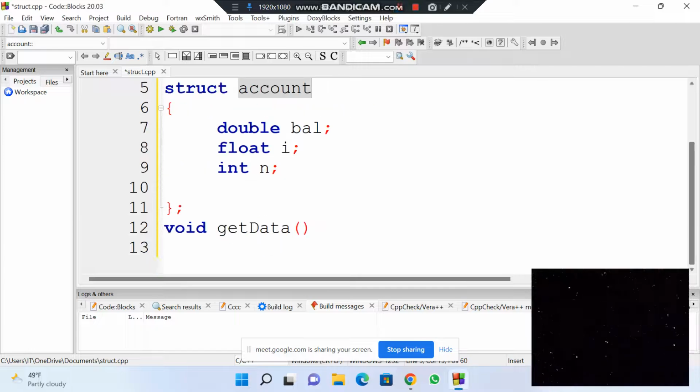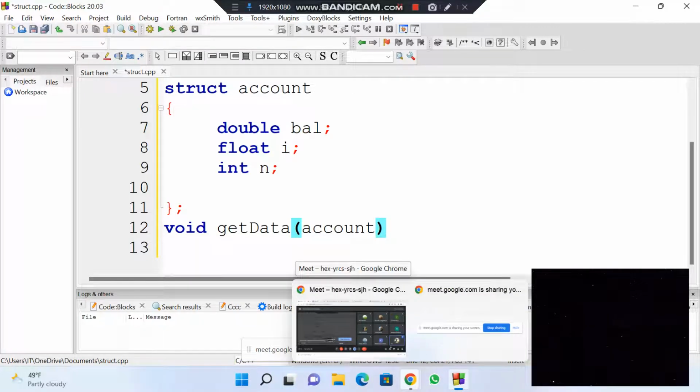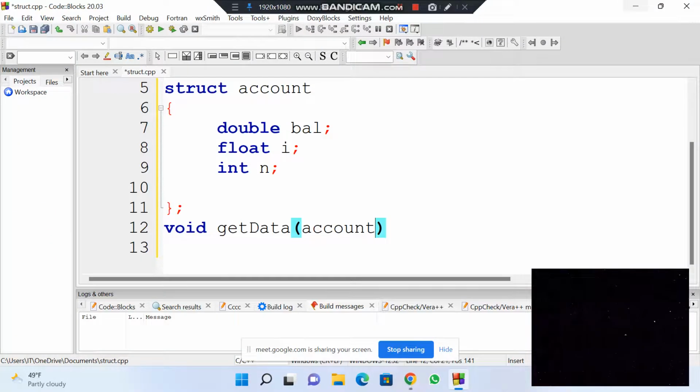Which means inside our function, I can use the name of that structure, which is account. That's why we come to the scenario or the topic based on the object. So there is an object and an opponent, or let me not mix that, because I feel like I'm going to be mixing it wrong. So now when we call the name of our structure,